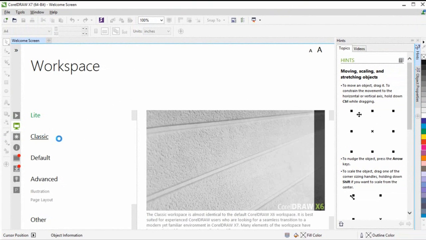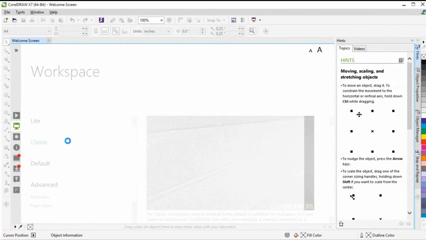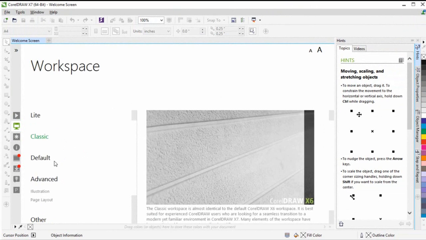We also have a classic workspace, which is almost but not quite identical to the default workspace, but it resembles more a workspace that you might be used to working with if you're coming from an older version of CorelDRAW. So if you've been working with CorelDRAW X3, X4, X5, X6, this might be a workspace that you will prefer